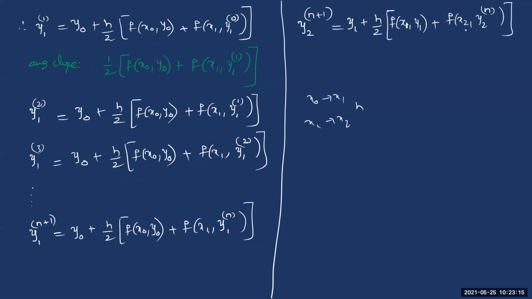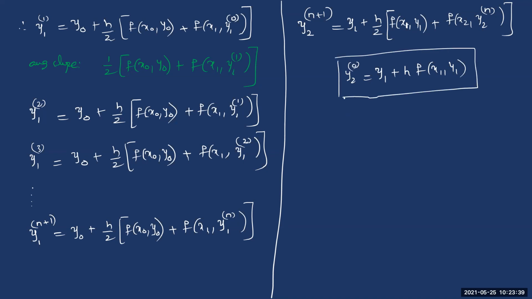Right? When it is the first approximation, here we'll substitute the initial approximation. And then what is the initial approximation to y2 here? We'll get this from, again, Euler's formula only, which is y1 plus h into f of x1 comma y1. Right? Always to calculate the initial approximation, we use Euler's formula. But to refine it, we'll use modified Euler's formula like this. Right? So this is how we can actually find solutions to differential equations at different points using the modified Euler's method. Now let us take a question.